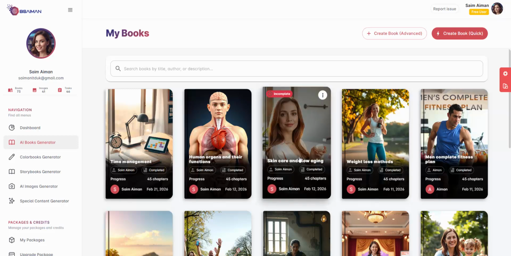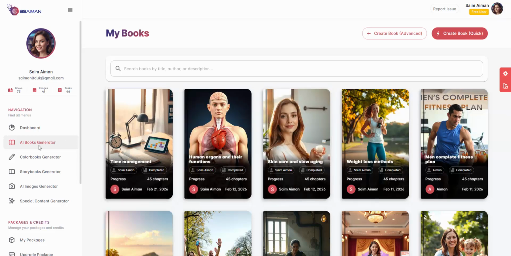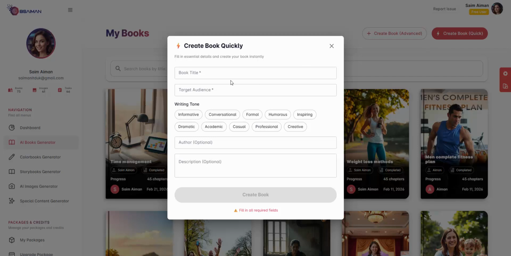Okay, if you want to create quick books, make sure you have selected the AI book generator here, and after that you will click on create quick book, and you will add the title like brain rot